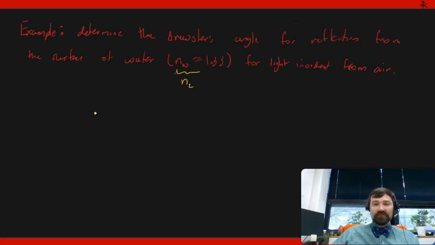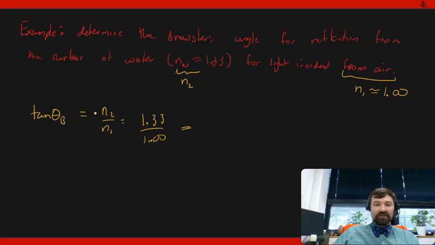We're looking from air, so that would be n1, which as you know is about 1.00. Therefore, tangent of the Brewster angle is n2 over n1, which is 1.33 divided by 1.00. Since the tangent of the angle is 1.33, the angle itself must be the inverse tangent of that, and that comes out to about 53.1